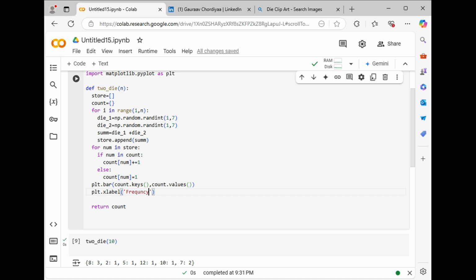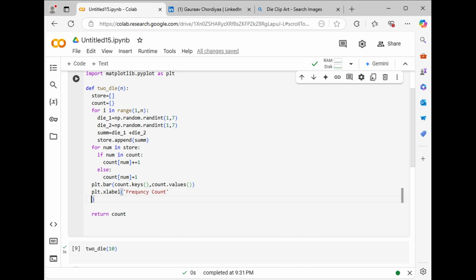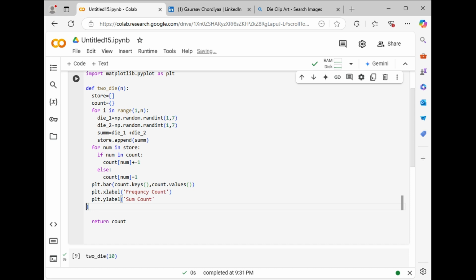Let's see, frequency count, and on plt dot y label we will print our sum or let's see, sum count, frequency count and sum count, some randomness, I think, because I have not given the component. Now plt dot show to showcase.